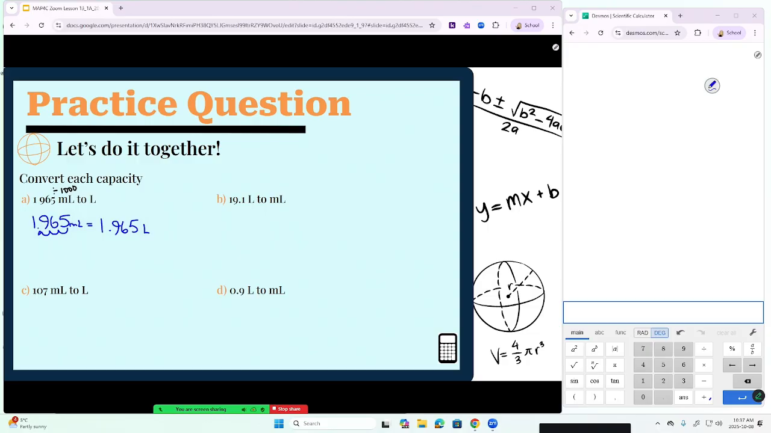The next one is going from liters to milliliters. We have a large unit going to a small unit. When we go from large to small, we need to multiply. From liter to milliliter, we're going to multiply by 1,000. When we're multiplying, we're moving to the right. So 19.1, 3 zeros, 3 steps. We're moving 1, 2, 3 decimal places. So now you can see we need to put in those zeros as placeholders, and we end up with the